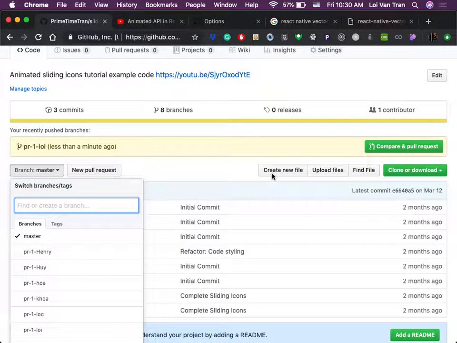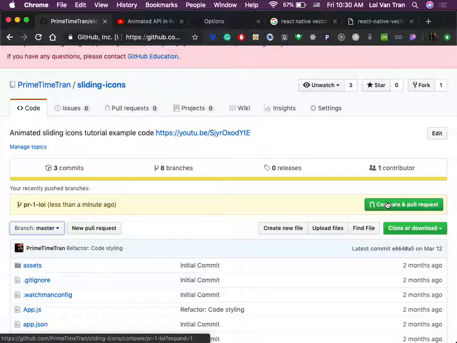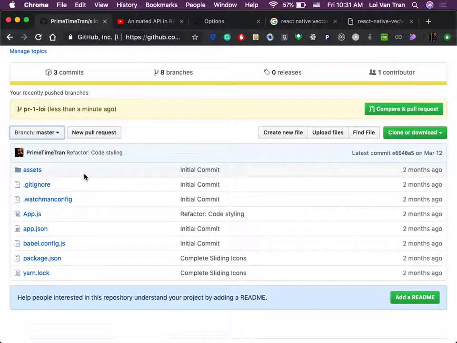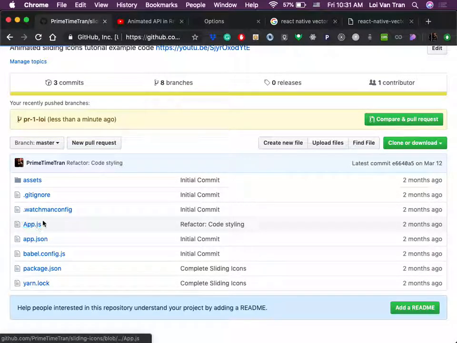Okay, so now you'll notice that after I pushed, and you guys will have seen this as well, or maybe you guys can't, I'm not 100% sure, because you guys are collaborators, you guys are owners. Now we have an option to compare and create a pull request. This means I'm gonna take my code and put it inside of the master set of code. Because right now, do you see where it says master branch right here? If I click app.js and look at this file,